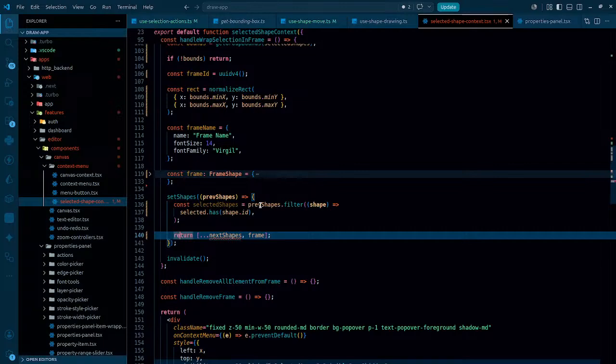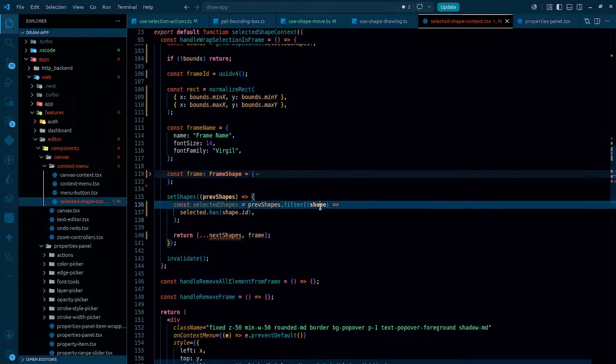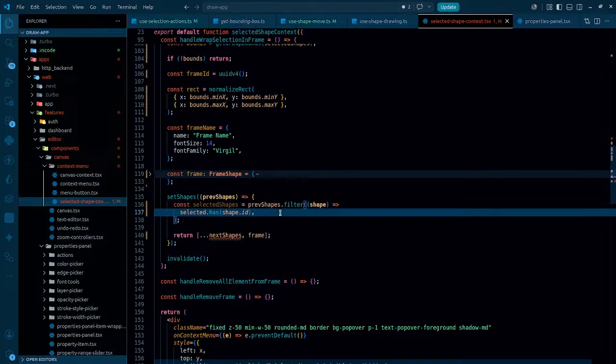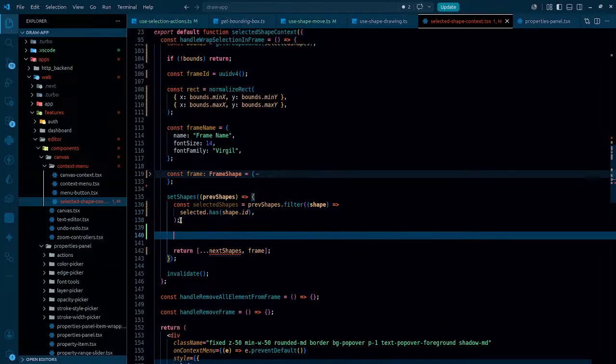So what I'm doing is, the previous shapes dot filter, I'm simply getting the shape, and if selected has the shape ID, that simply means they are the selected ones. And const other shapes,